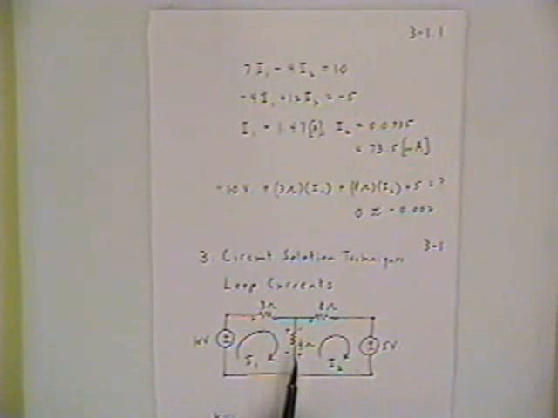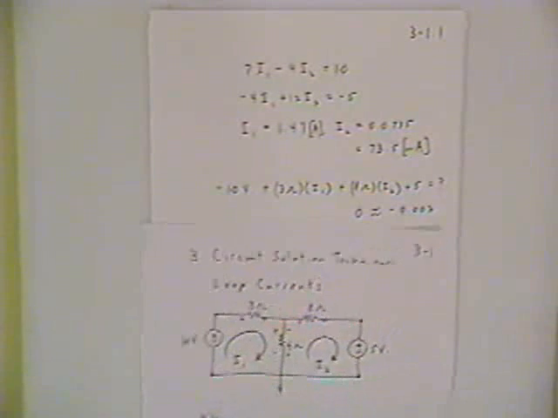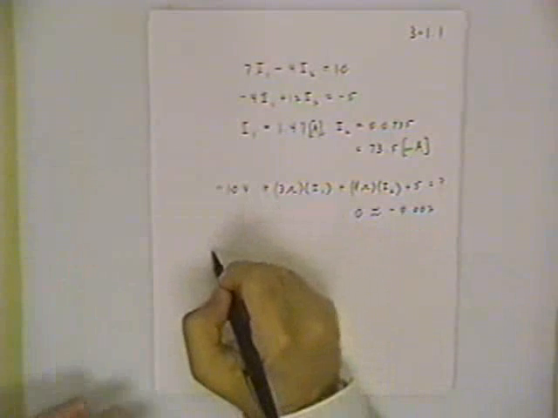Now, let's say that I wanted to do a KVL check around this loop. What I would have to use is the actual current going through that 4-ohm resistor. And here's where it's very important to keep the minus signs for I1 and I2. In our example, it turned out that the values of both of these variables happened to be positive. That was just a lucky guess on my part, because it could have gone the other way. And when you're writing the KVL for a loop, it's important to write down the expression for that loop. So what I want to do now is check on the left-hand loop, what I was calling loop 1,